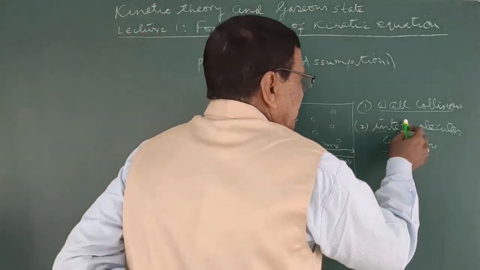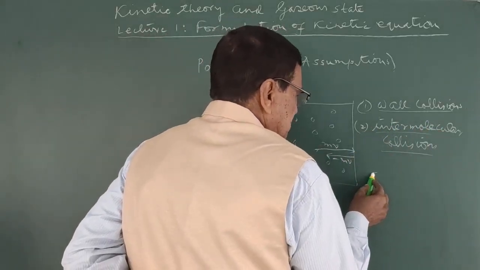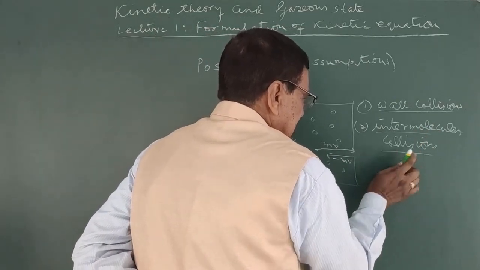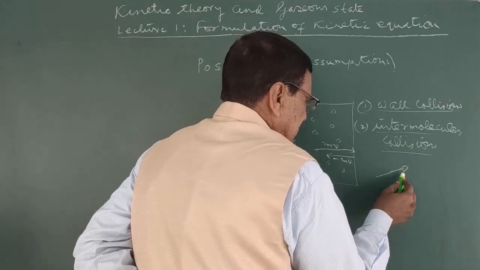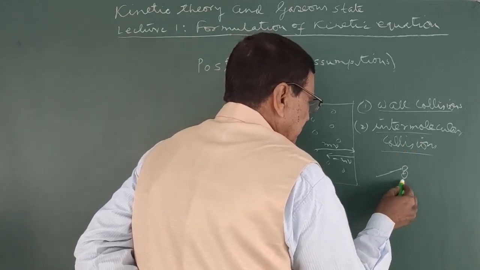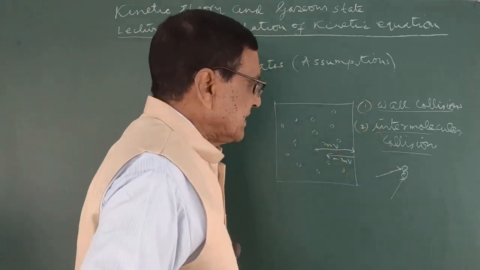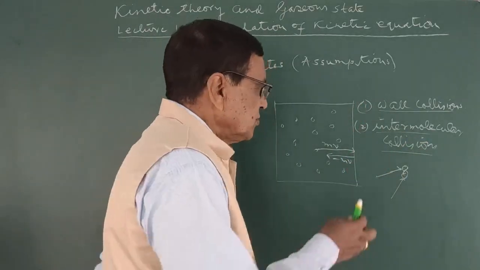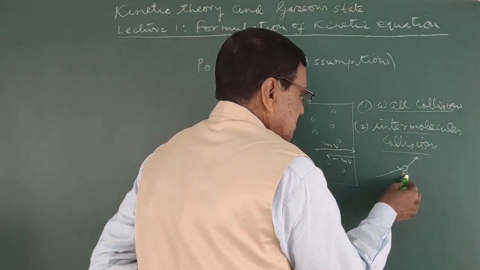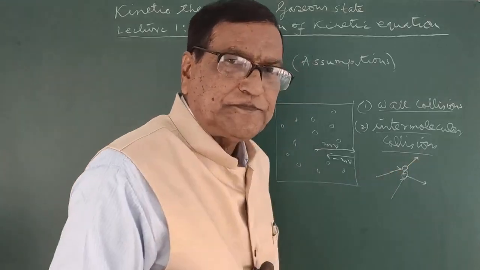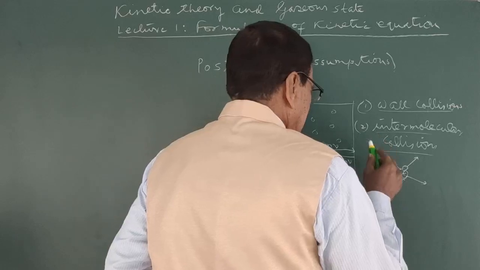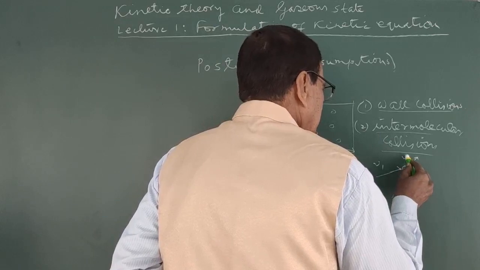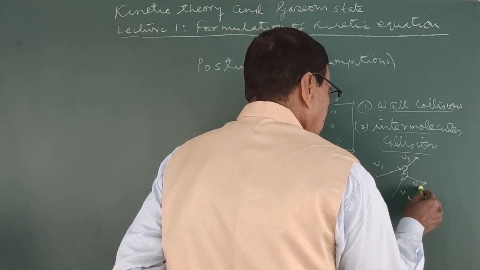But in case of intermolecular collision, suppose this molecule is going here in this direction, and another molecule is going in this direction. So there occurs a collision. This is the intermolecular collision. So this molecule will move in this direction, and this molecule will move in this direction after the collision. If you consider the velocities as v1, v2, v3, v4, then